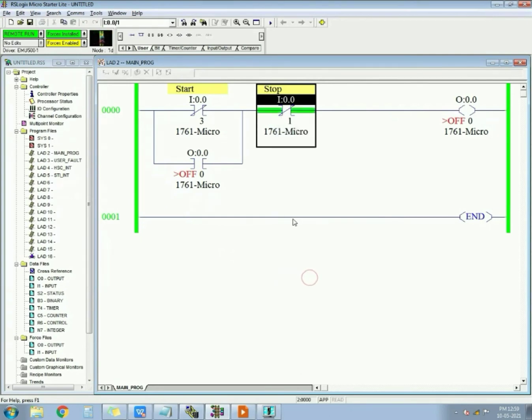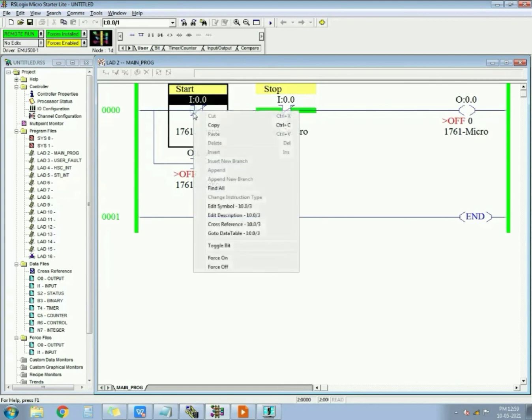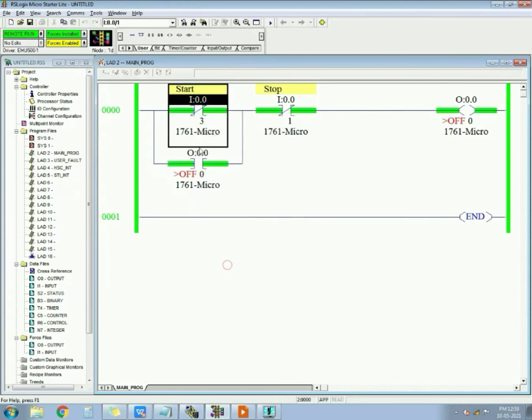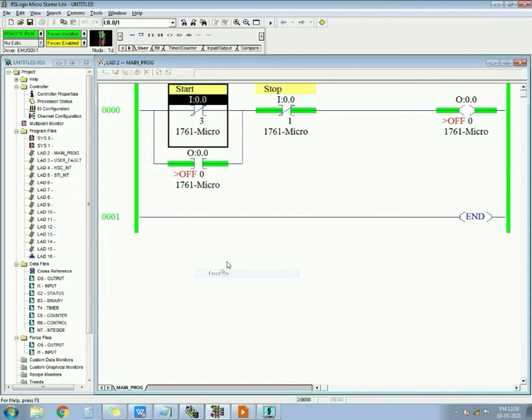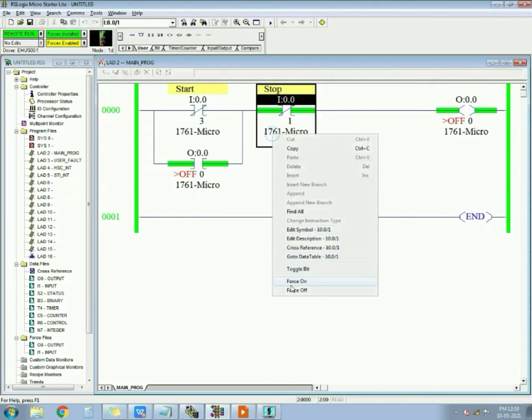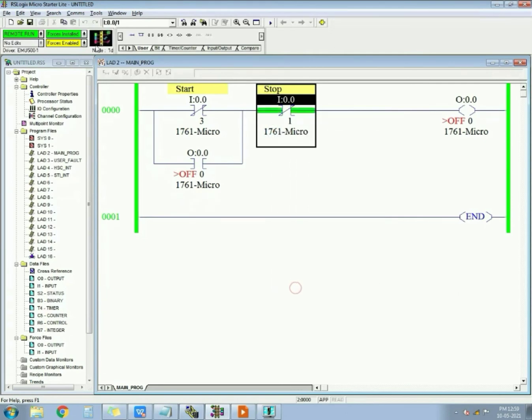When it connects to hardware, it will show like this, forced on, because in hardware NC is connected to this start. So NC in hardware plus NC in software will logically give you NO. When you press start, this button will latch the output, and this stop button will unlatch the output. So this is how it will work when connected to the hardware.